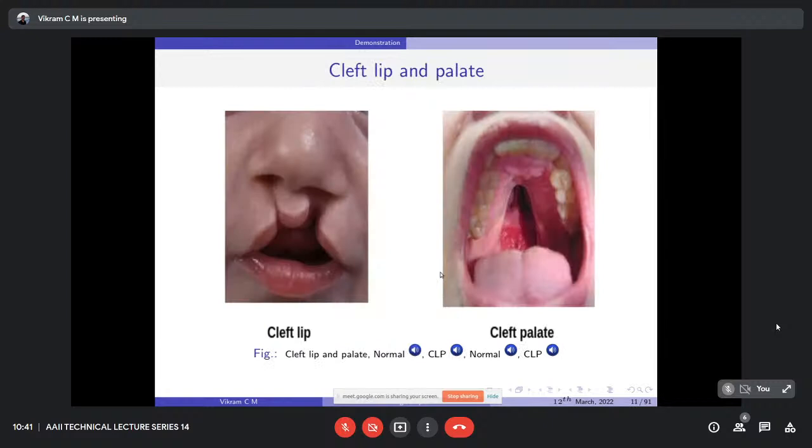Say this is one more disorder, that is cleft lip and palate. Here we notice that the palate is an organ where our tongue goes and touches when we produce the speech signal. But in these cases, the palate is entirely damaged. We can imagine that this is the roof of our mouth, and it is cut here. So in cleft lip and palate also the speech characteristics will change. I will play one example here.